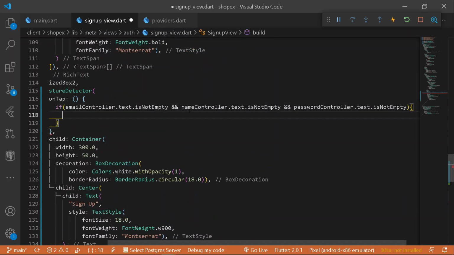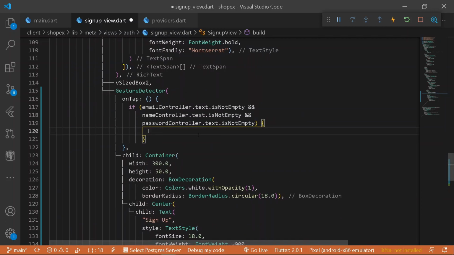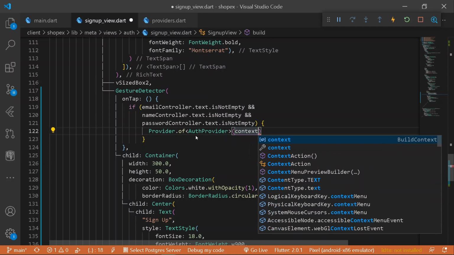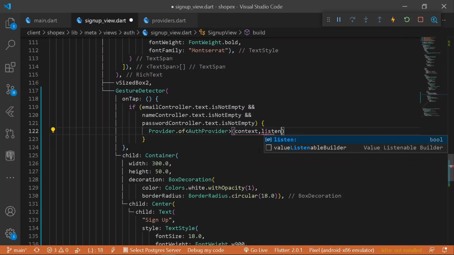Cool. So once we have got our following condition, format document first. So we can move under a following condition whether any of the following controller data is not empty. And here I will be instantiating our entire provider of auth provider. So here let's have a provider of auth provider, just like this. And under our auth provider, alright, we have messed some things here. Let's have a context. And here let's have a listen property to false, because we are only listening to values, not rendering our UI based on it. So here let's have a listen property to false.